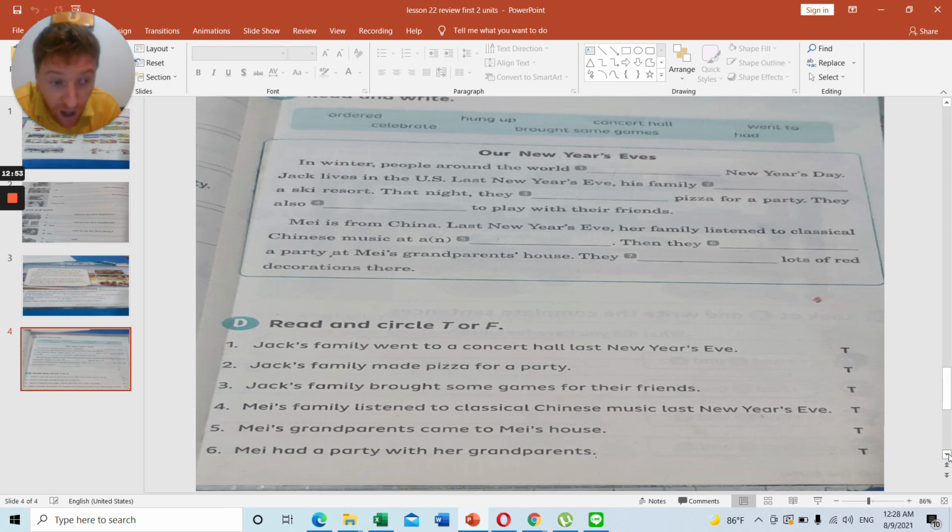True or false? Mai's grandparents came to Mai's house. Did they go to her house? Yes or no? Or true or false? Mai had a party with her grandparents. True or false? So T is for true and F is for false. So you will circle T or you will circle F for each